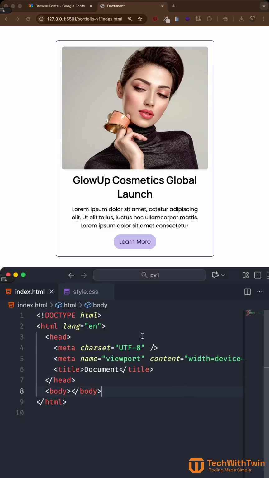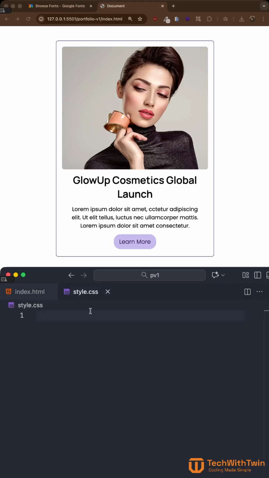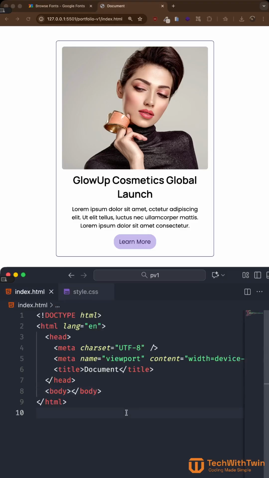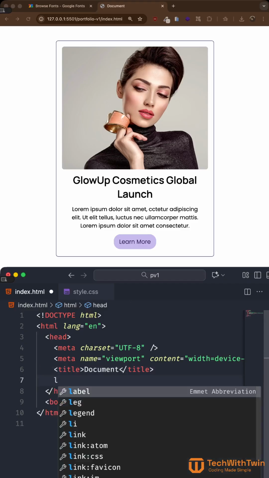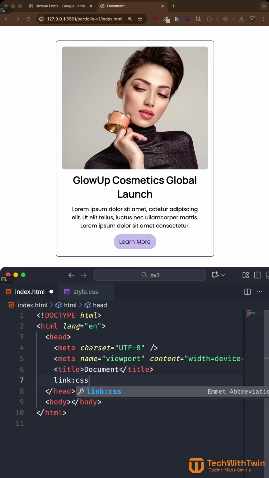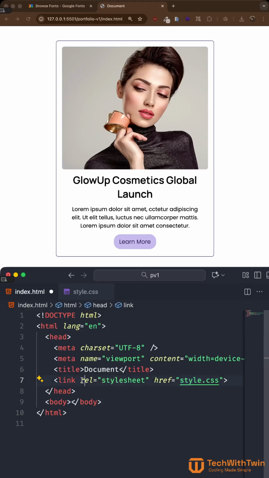The very first thing that we are going to do is to link our CSS file. The CSS file, as you can see, is empty. So we are going to link that by writing in the head tag, link CSS, and then you can see we are linking a style sheet, and the href is style.css, which corresponds to the style.css file. All right. And then after that,